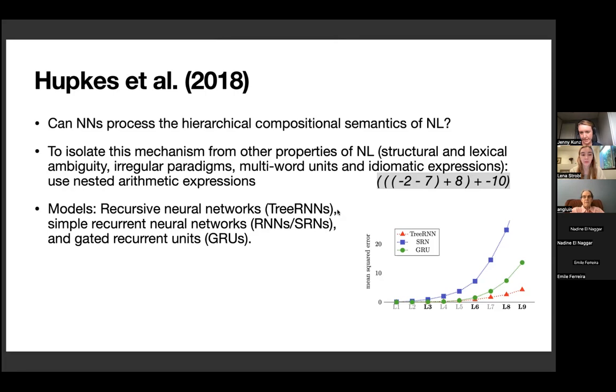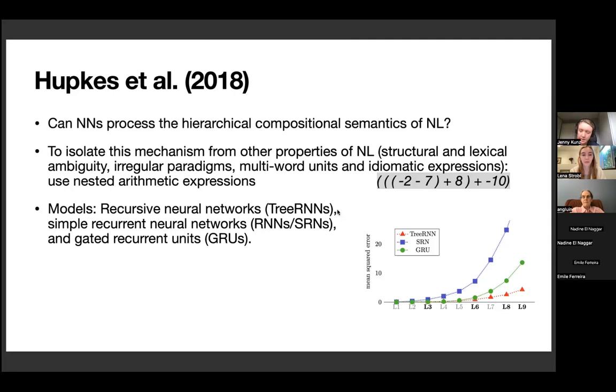And if you look at this small plot, you see that if you train these networks on this problem, then the three RNNs have the smallest error. So on the